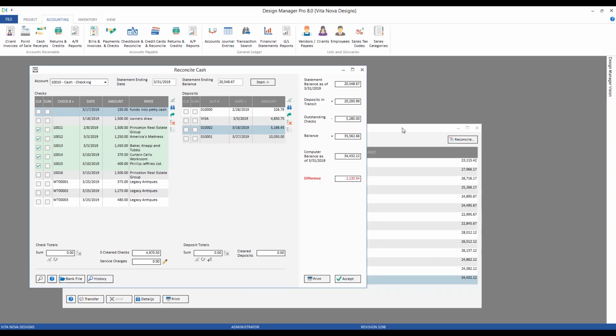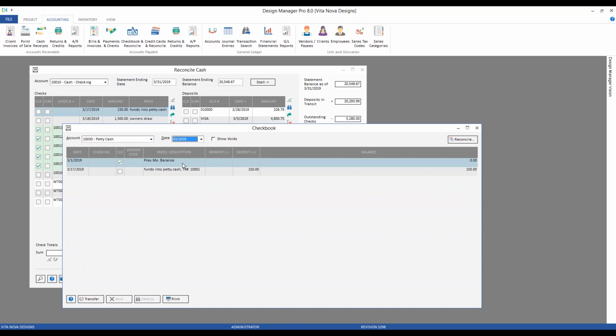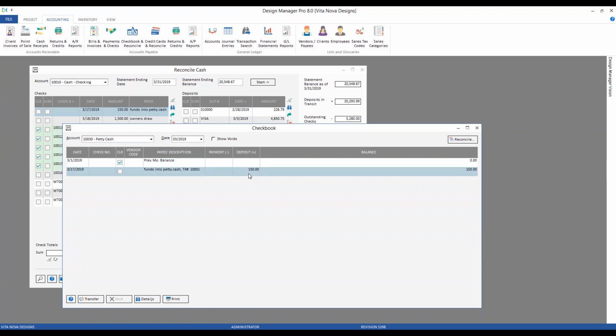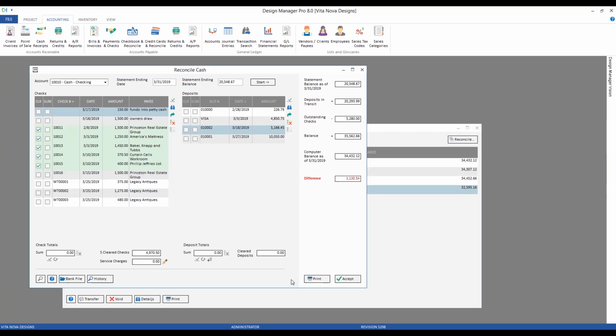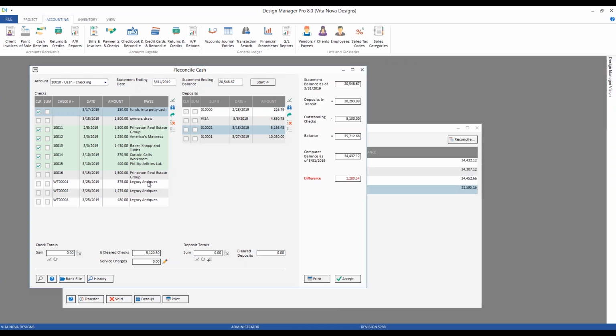And if we look over at our checking window itself, I can see that withdrawal of the 150 in my checkbook on my cash checking account, and I bet I'll see a deposit into our petty cash account, and I certainly do. So that matches up perfectly. We have identified our ATM debit of 150, and we'll go ahead and clear it. Next,